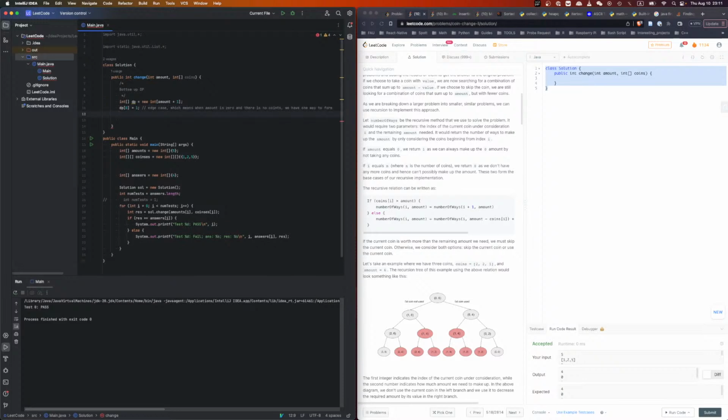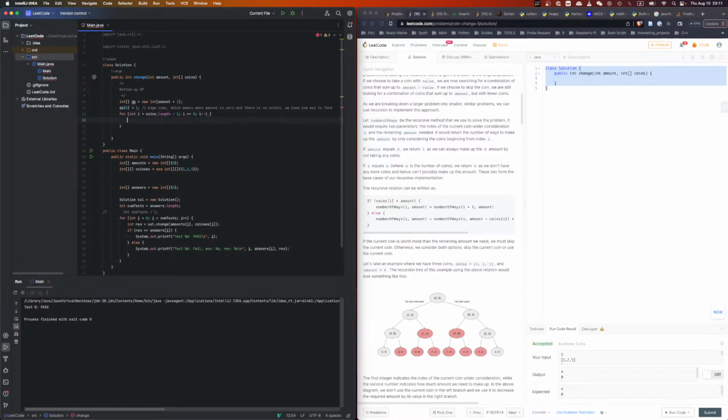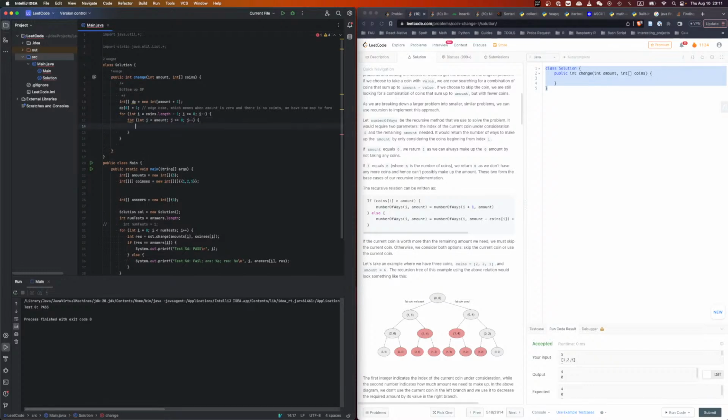Then we say for int i equal to coins.length minus 1, i greater or equal to 0, i minus minus, because we go from bottom up, right? Then we'll say for int j equal to amount, j greater or equal to 0, j minus minus. Okay. So for each one, right? For each one,